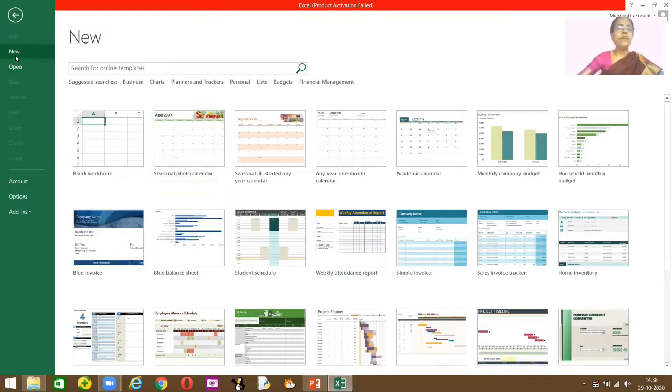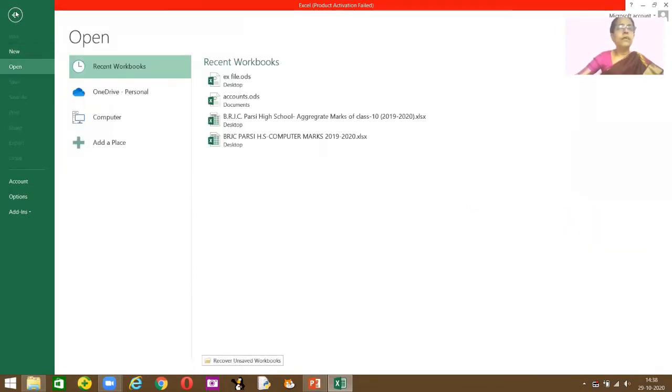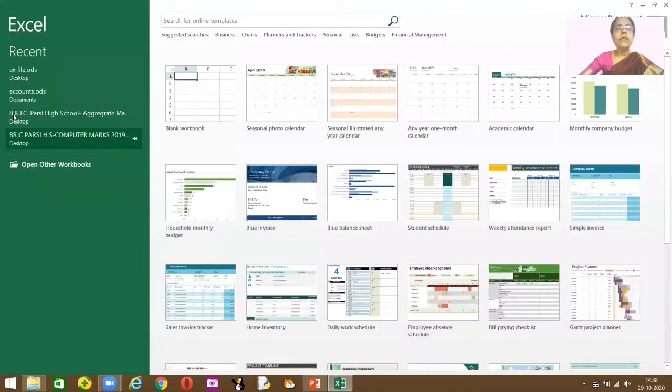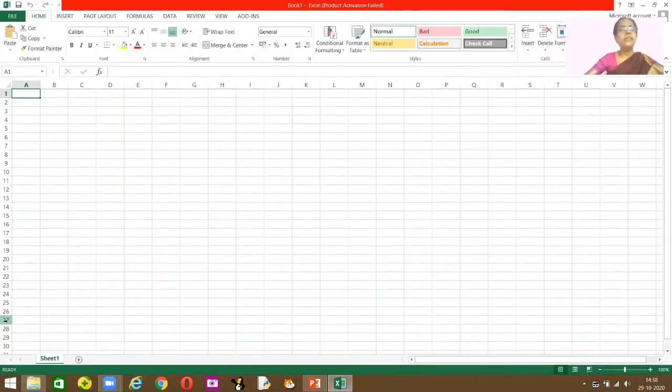Let's see, this is opening an existing file. So here we are going to open a blank workbook. Click on the blank workbook because I'm going to enter some data. Here, as I told you, this is the column and these are the rows. Here I'll say names because I'm entering some names. And then what are the items that they're collecting? They're collecting stamps.